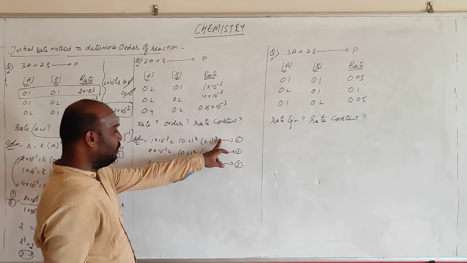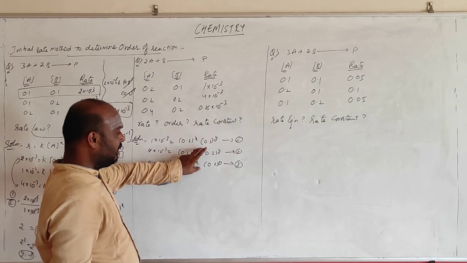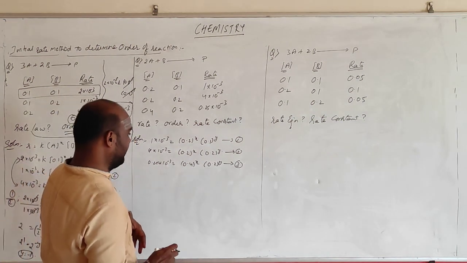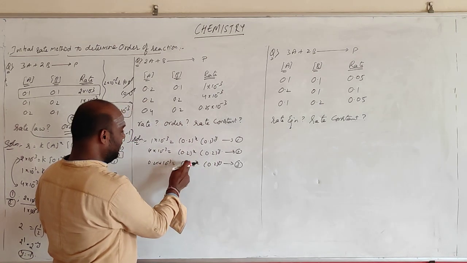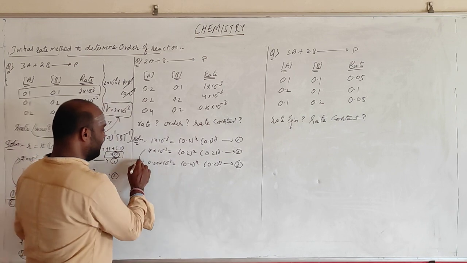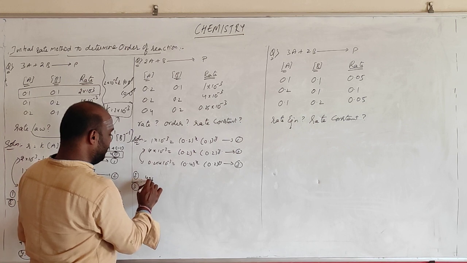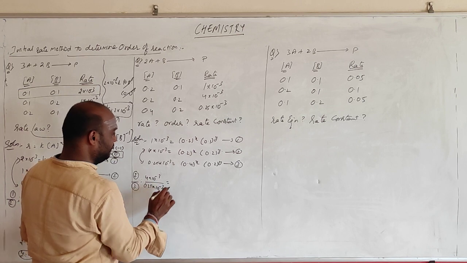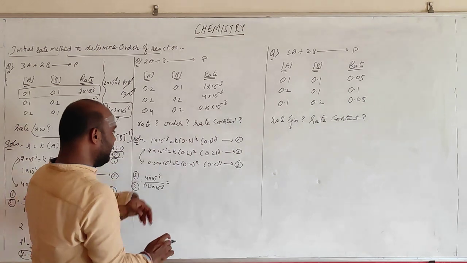If you want to find out y, take the things which are common in x. If you want to find out x, find the things which are common in y. So now I want to find out x. If I want to find out x, y should be common. So these two equations I am taking. So 2 by 3 I am doing. 4 × 10^-3 by 0.25 × 10^-3, and this is the second equation.